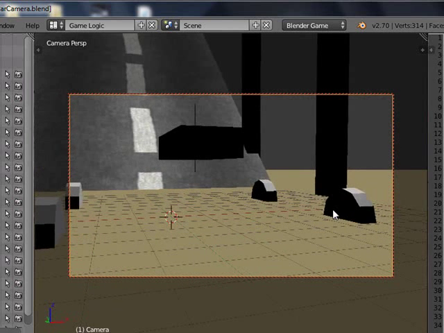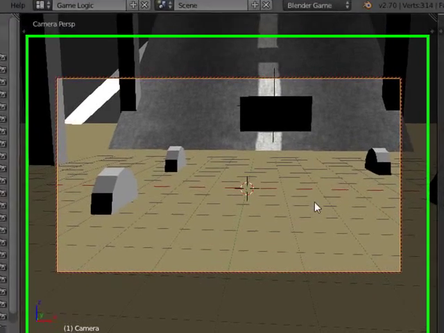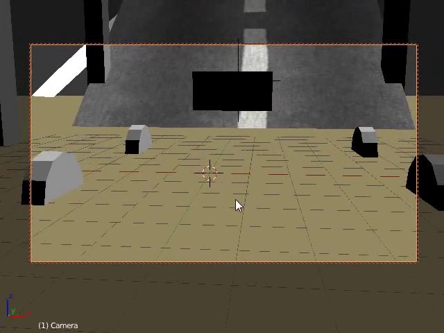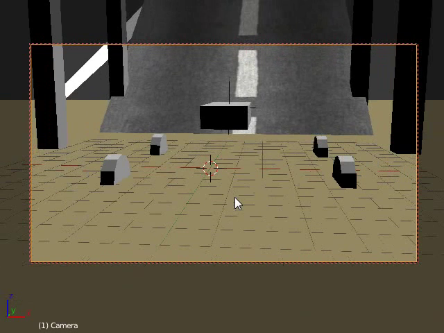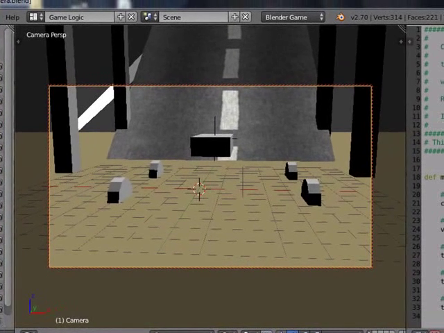But in this case, we are going to set the camera with the logic editor. At first, I used to just parent it to the cube, and it wasn't working well at all. Alright, we have this here. We now have our camera selected, and